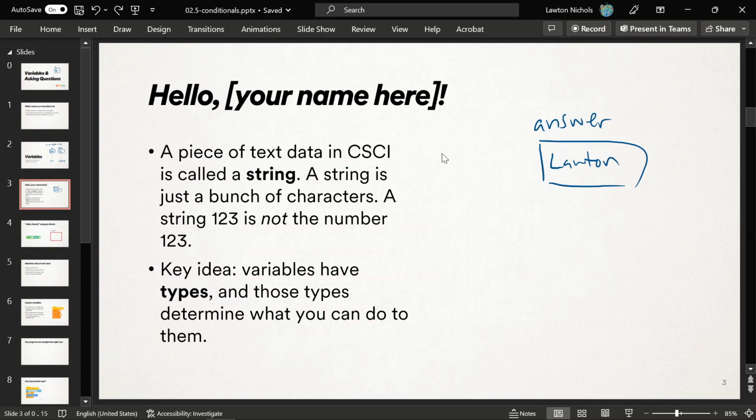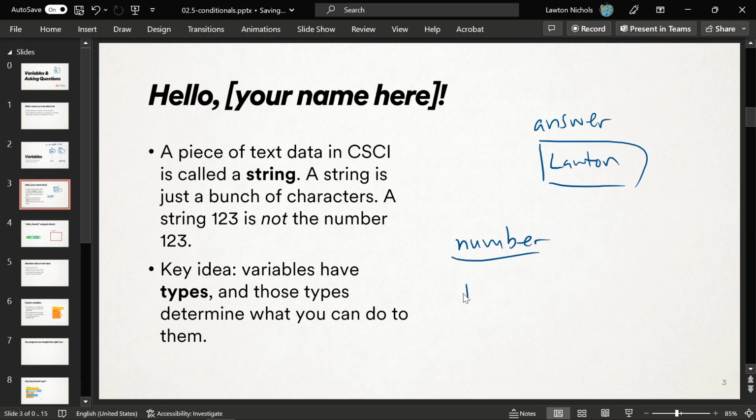It's just a bunch of characters, and there is a difference between the string 1, 2, 3, like the characters 1, then 2, then 3 in that order, versus the number 123, right? And the difference is the types. So the variables that you have in Scratch, it's not very apparent. It will get more apparent when we go to Python. But every variable has a type, and those types tell you what you can do to those things. So, for example, if I had the number, like 123, oops, I can spell number. If I had the number